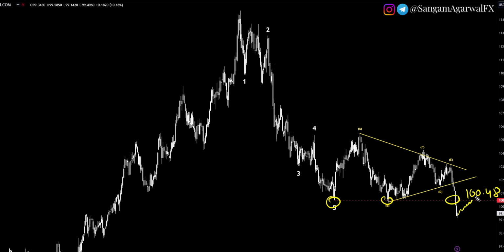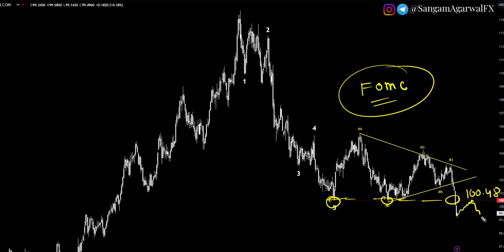If it retests again, because until the next FOMC meeting you will only see sideways correction, big price action will come after the FOMC meeting. So if it retests this strong resistance level again, then you can sell dollar, targeting a new lower low.